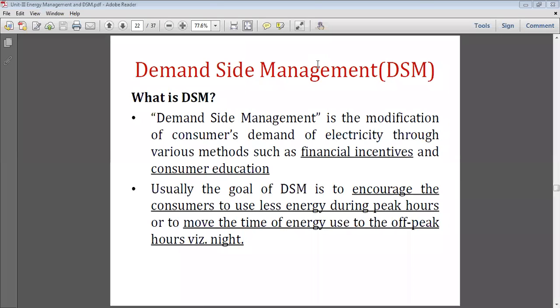It is replaced by new machines available in the market with the BEE mark, Bureau of Energy Efficiency marking. It may be a 3-star rating machine, it may be a 5-star rating machine, or we have to reduce the energy consumption during the peak period. In 24 hours, there are two peak periods. One peak period is evening 6 p.m. to 10 p.m. and the second peak is 9 a.m. to 12 noon. If you reduce the energy consumption during that time, definitely our electricity bill will be smaller,